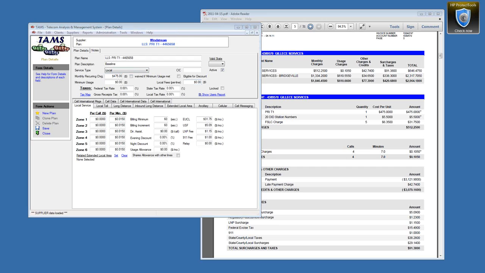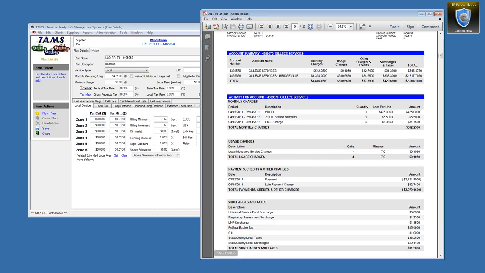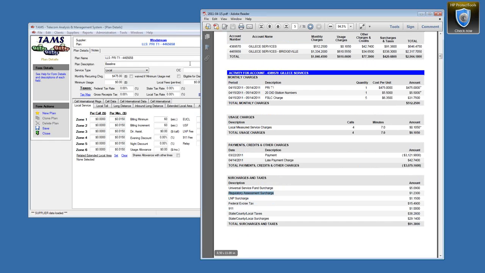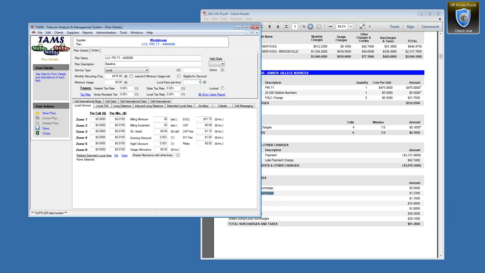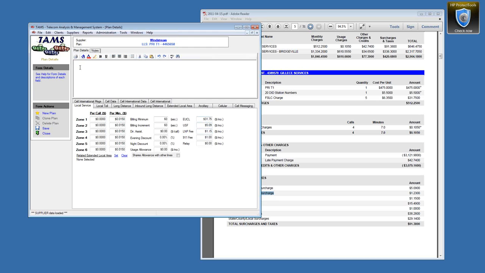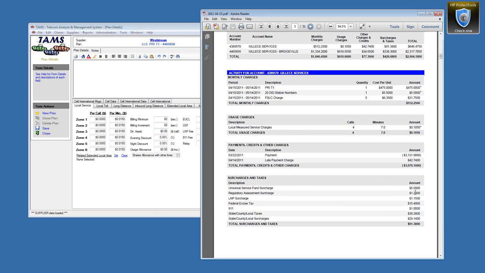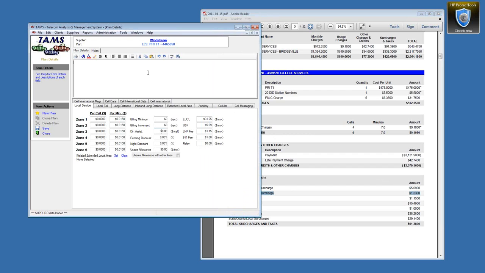There are some other local fees that are on the bill, and again, you'll notice those down here. Like, well, we have a field for local number portability. These regulatory assessment surcharges is $1.23. So we have $1.23, and this local fees is a catch-all for things that don't fit neatly into the monthly recurring. And, you know, if you look at a bill from California, there's 22 different surcharges and things on there. And if they're a fixed monthly fee, you can just include them up here, aggregate them. What we would do is put the notes, what they are, like we could say here, regulatory assessment charge,